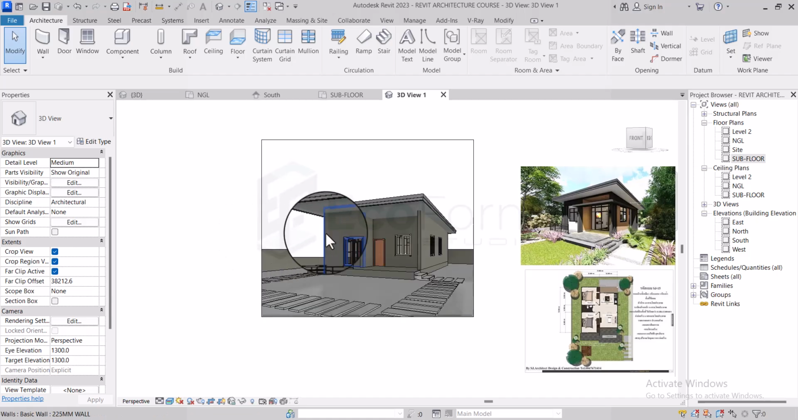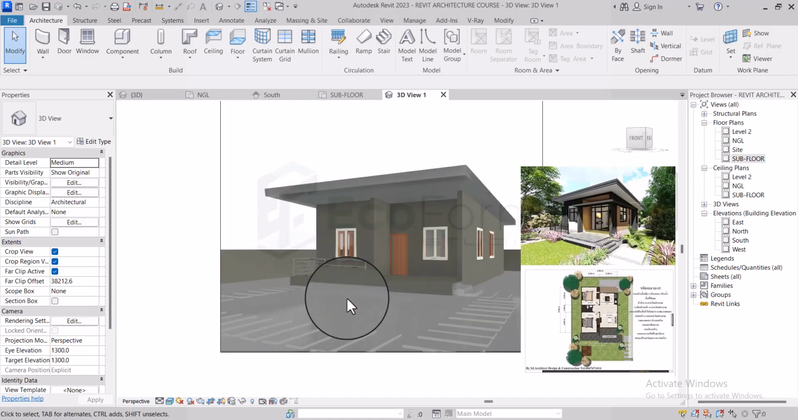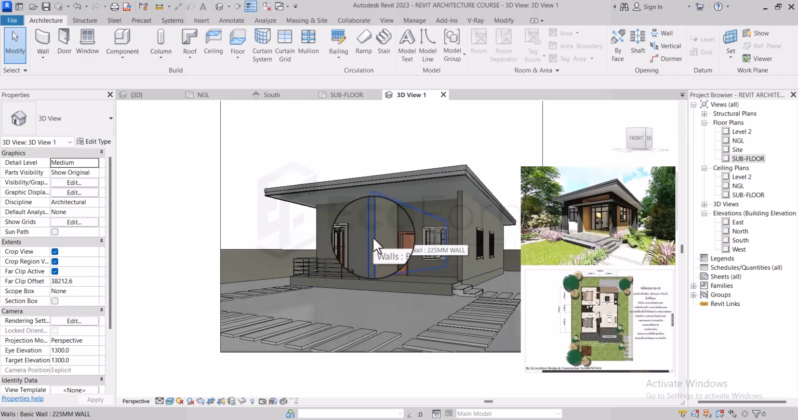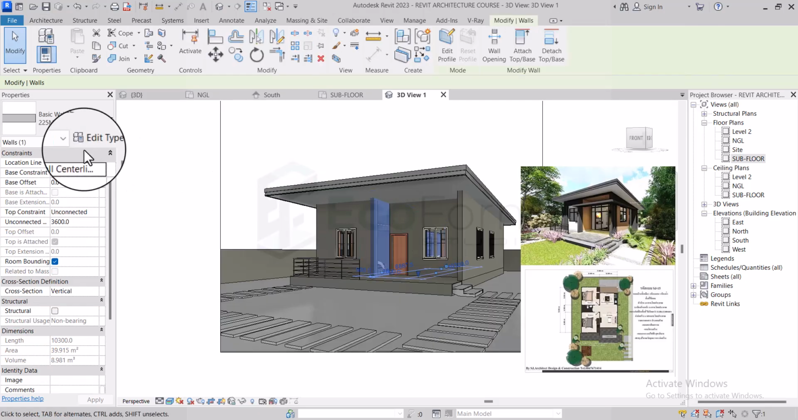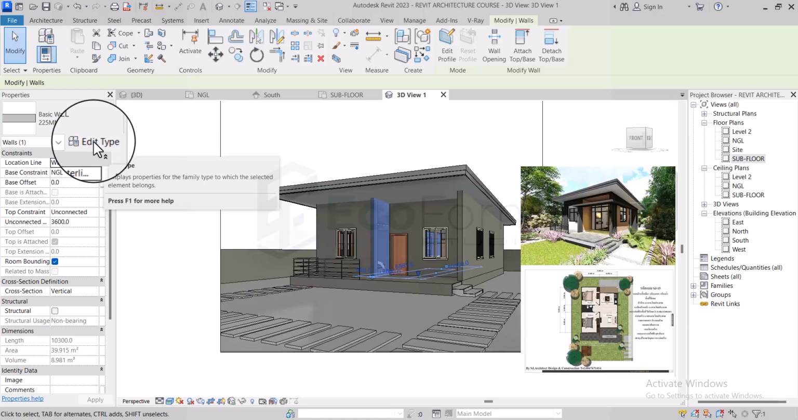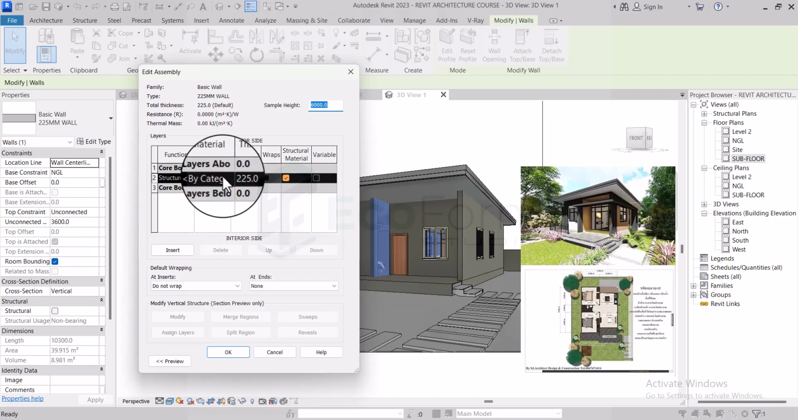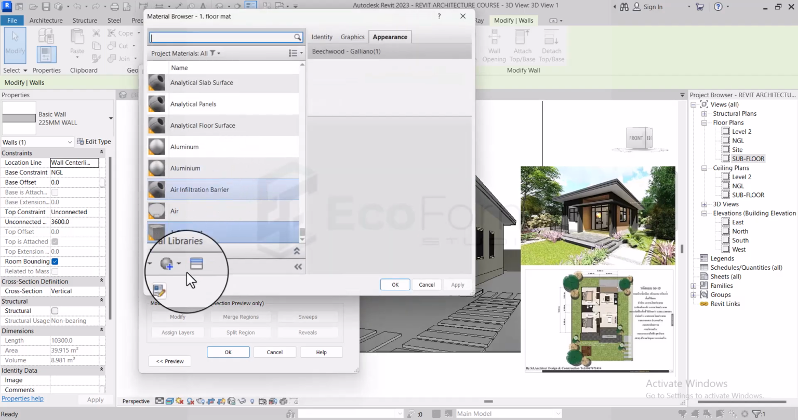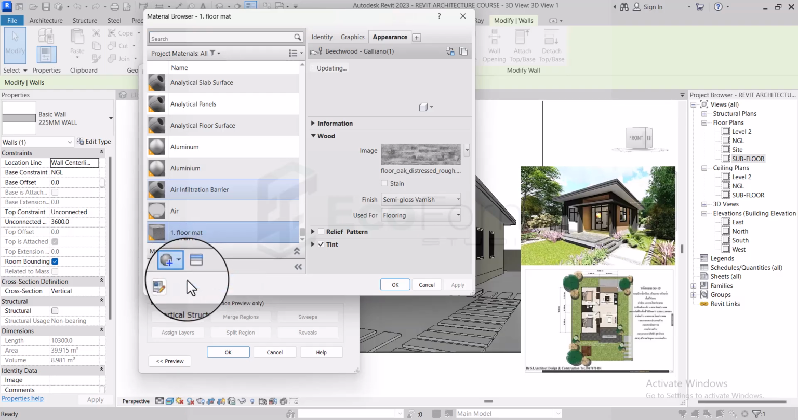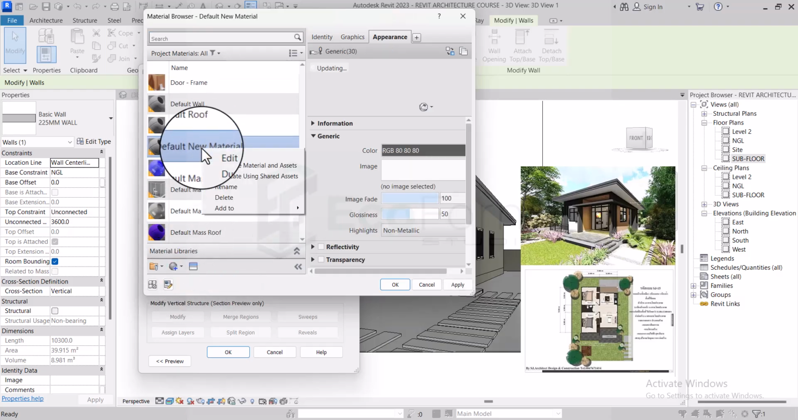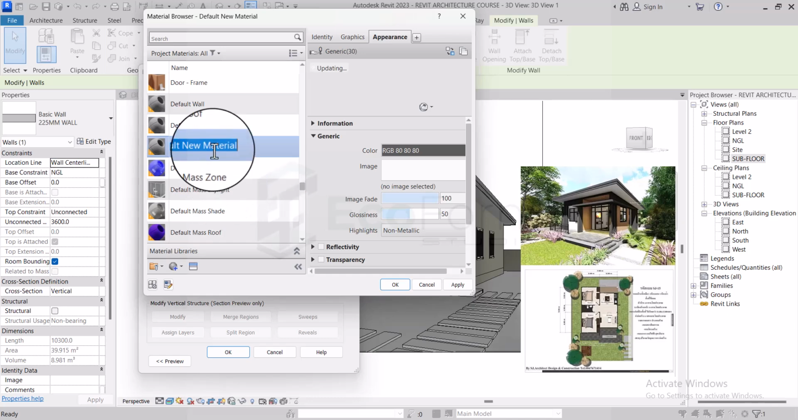Realistic takes quite some time to load. So let's change the materials of this wall. Select the wall, and I will show you what would happen. Edit type, then edit this. Select the material from here, and you can decide to create a new material and rename it by right clicking. Then you can call that 225 mm wall